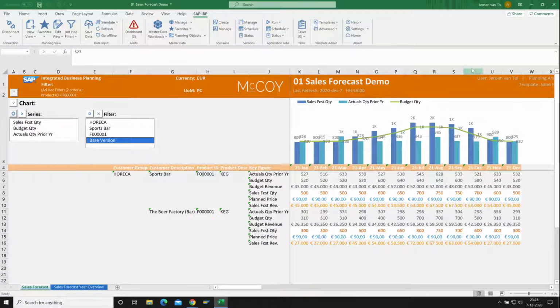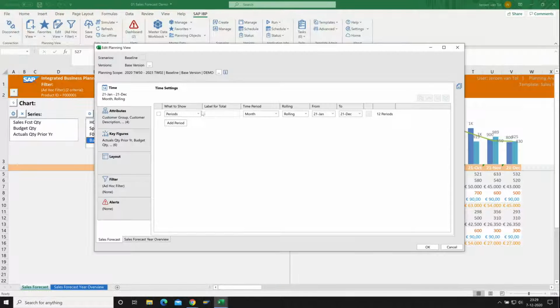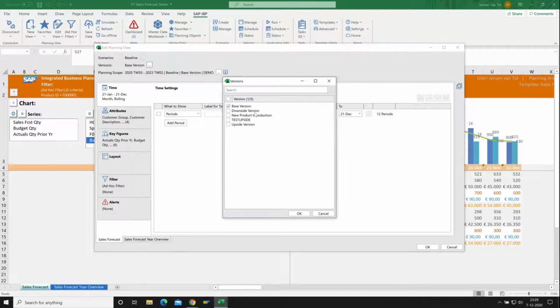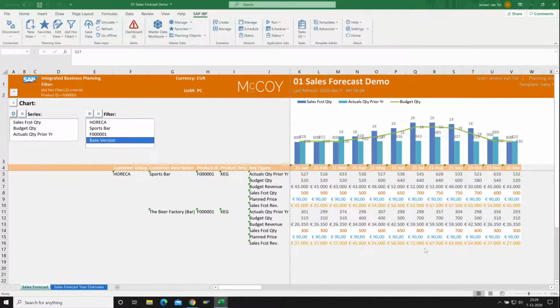Before I do, I want to have a quick look at my sales forecast, and here you see that I'm in Excel, but I now have an Excel ribbon available within my Excel. In the lower section, this is the information controlled by the IBP system, and you can see different kinds of key figures like my actuals, my budget, and I can see both volume and value in one slide. So there I already have the combination of my volumes and my values in one point of view, and where I can simulate playing with both the numbers if I would like. And of course, there could be authorizations who is able to do what.